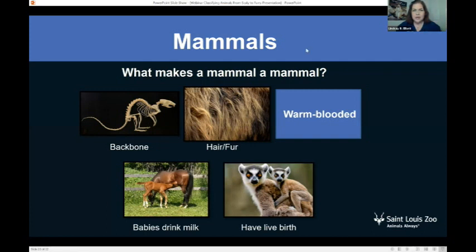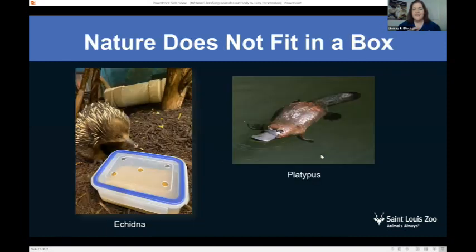You ready for me to show you a picture? All right, let's see here. Guess what? There are two types of mammals that lay eggs. What? So at our zoo, at the St. Louis Zoo, we have short-beaked echidnas. So you'll see the picture right over here on my mouse that is an echidna, and they lay eggs. And over here is a platypus. Both of these animals in the wild live in Australia.